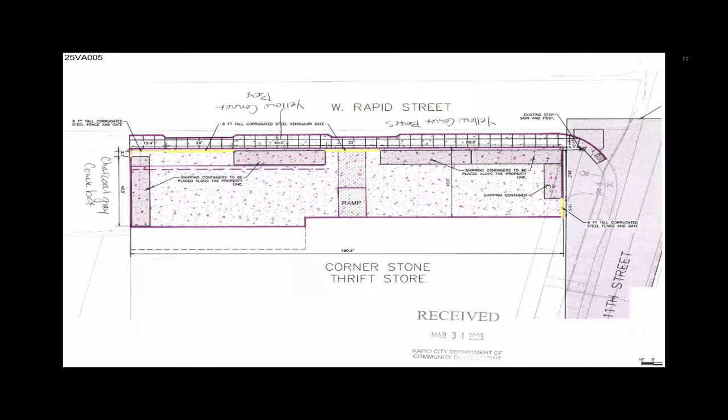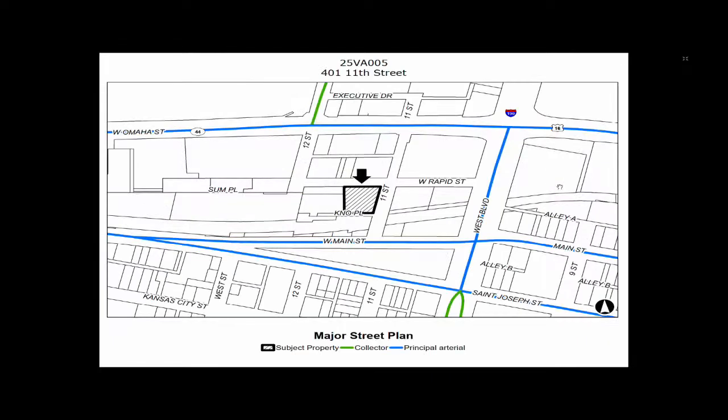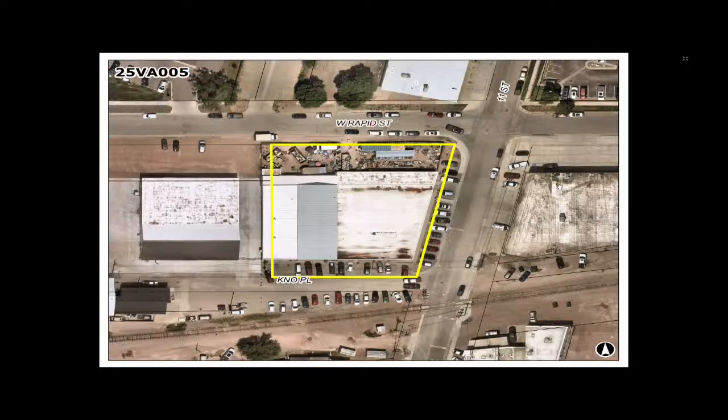So some of the criteria that we looked at with regard to this variance request is we did look at it in terms of the neighborhood character. What we found with the neighborhood character is that it is on the periphery of some commercial development to the north, particularly the Gateway Commercial Complex that sits northeast of this property,